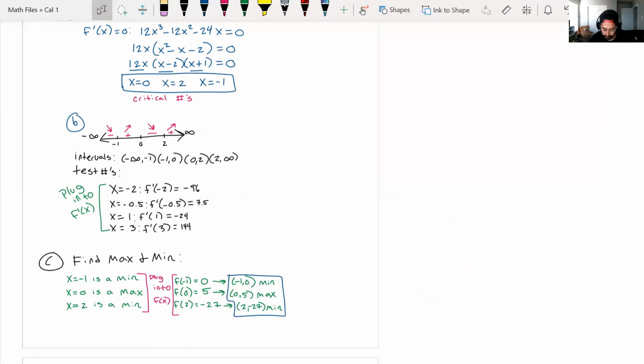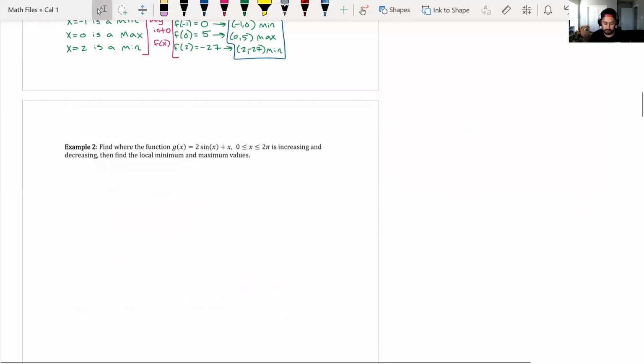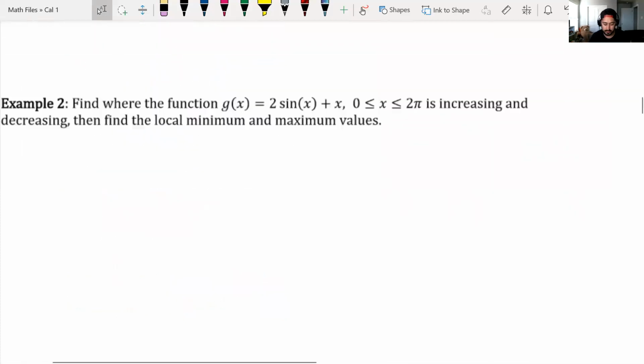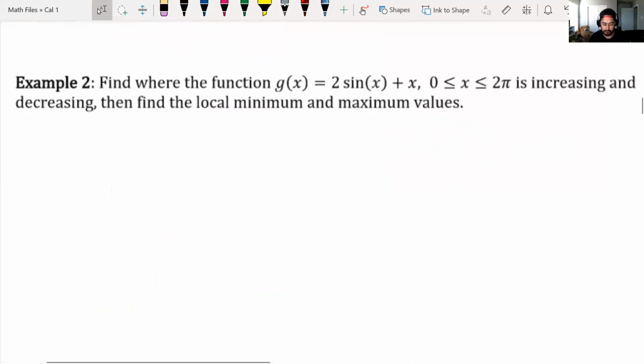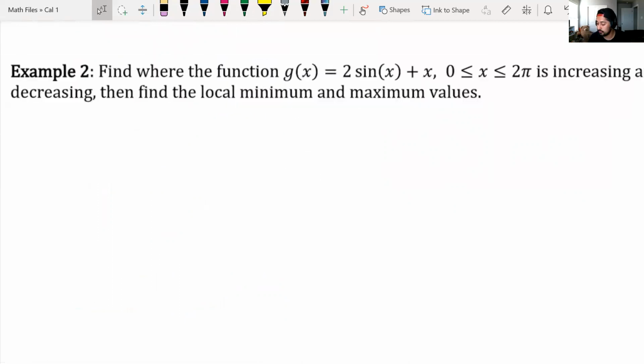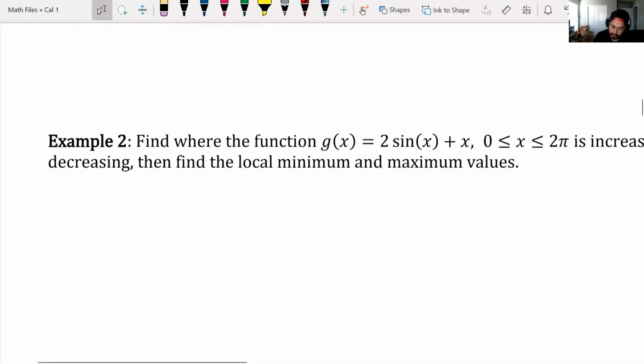Okay. Let's do it again for another function. Okay. So we're given g of x equals 2 sine x plus x, and we only want it on the interval 0 to 2 pi. Okay. We want to find the max and minimum, so where we increase and decrease. So just like before,